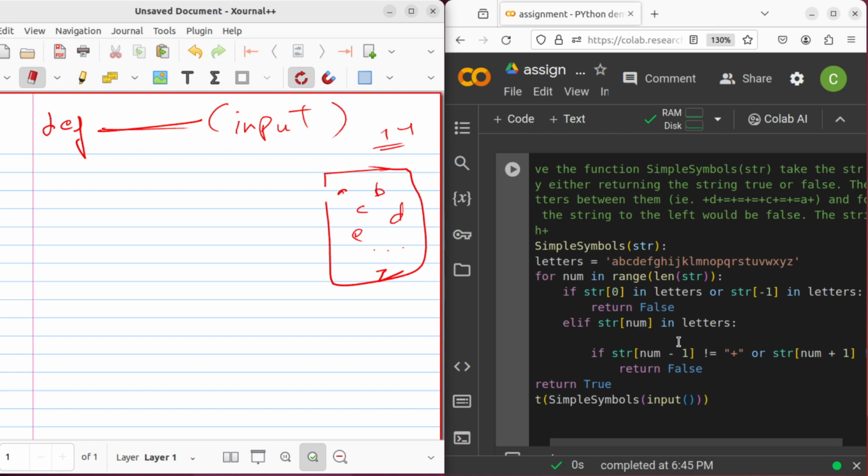Yeah, so if the elif statement holds true, right? Are you there? Yeah. So if this statement holds true, for example the str num, suppose we are